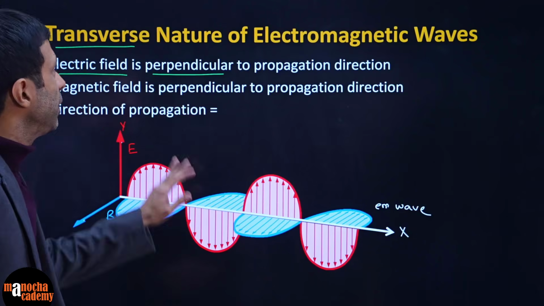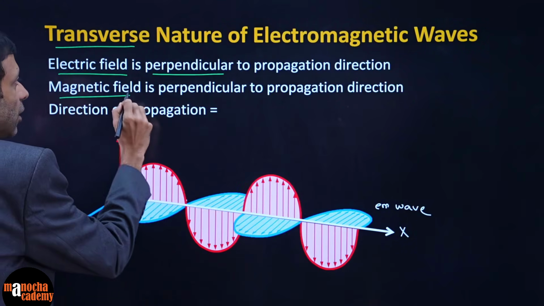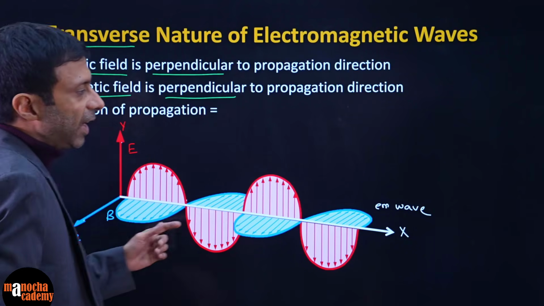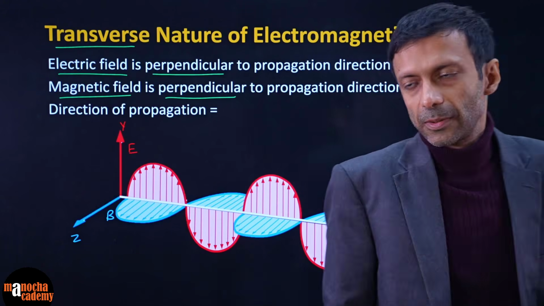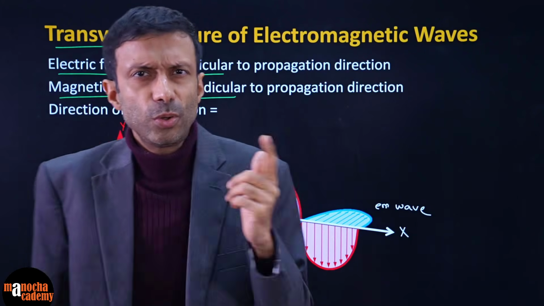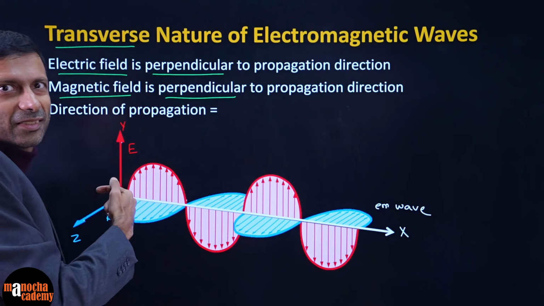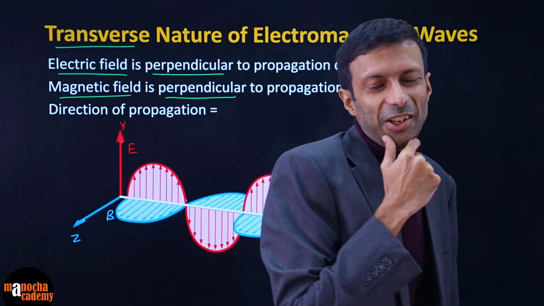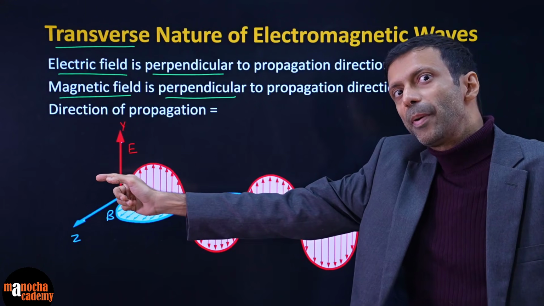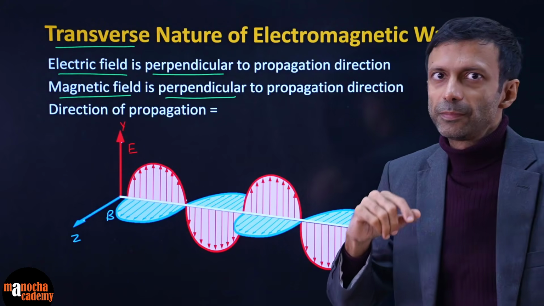So will you guys agree with me if I say electric field is perpendicular to the direction of propagation? Magnetic field is also perpendicular. Check it, 90 degree, right? And the direction of the propagation here is along the X. But here you will have one doubt. You will say, sir, does it go in the positive X or the negative X? That's an interesting question, right? Because if I made the arrow this way also, then also they are perpendicular. So how do I know, sir, it is going this way? Why not going that way?